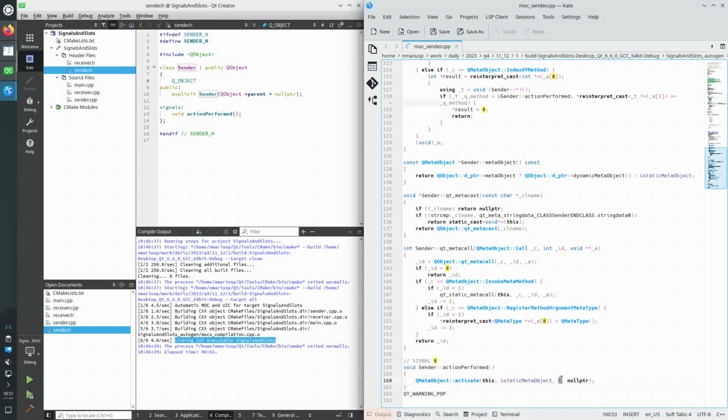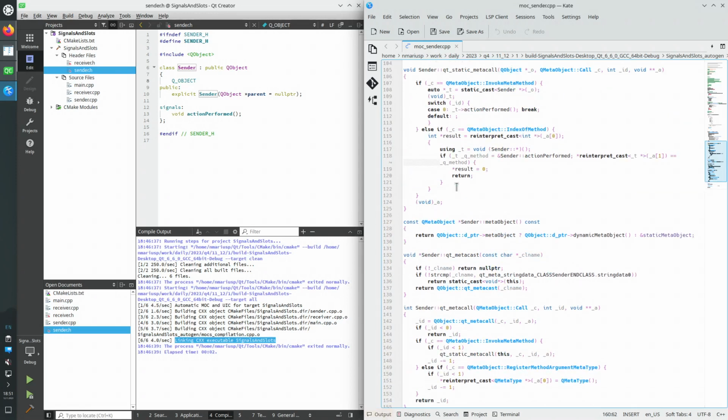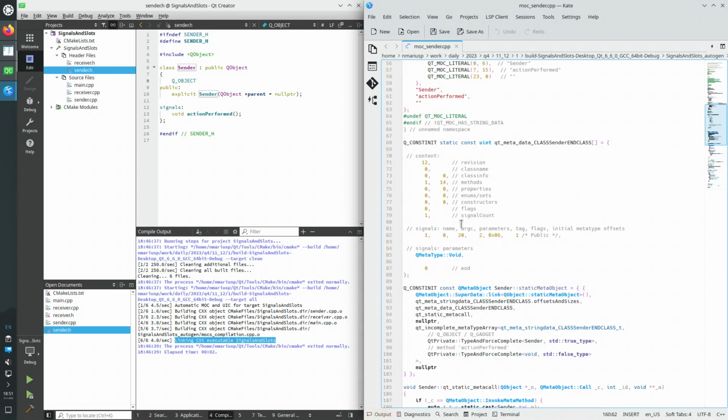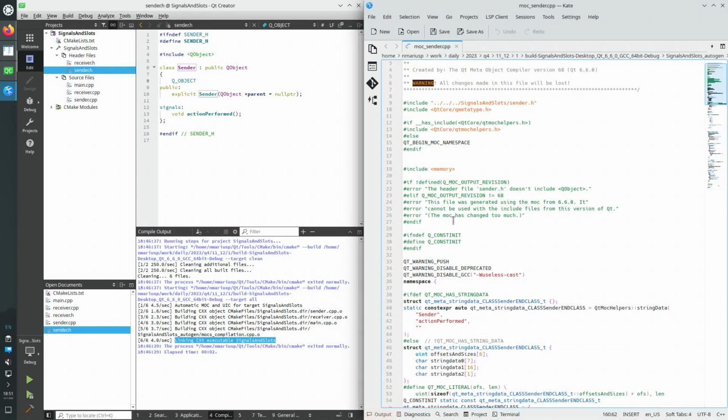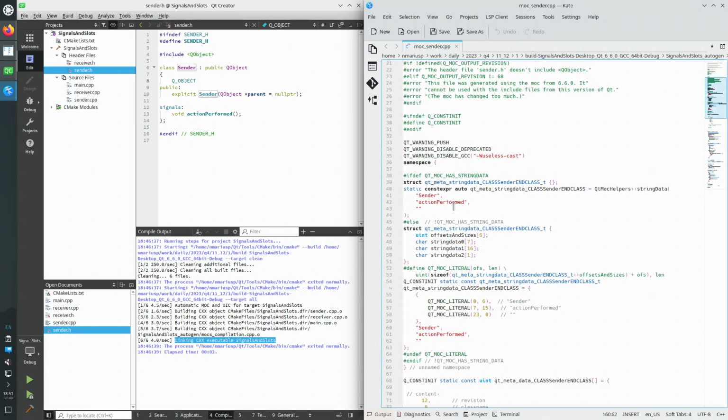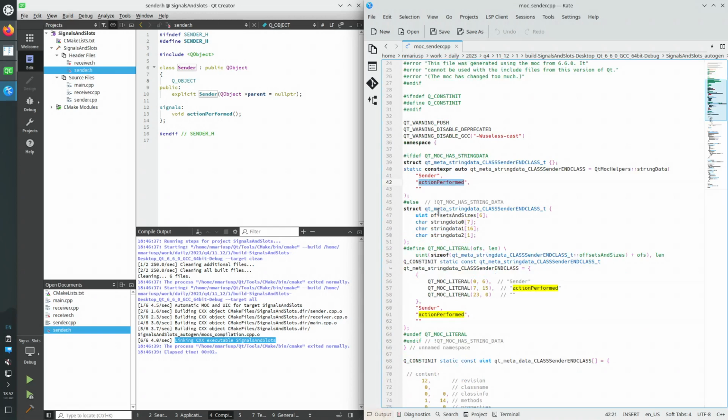So the body of the signal just calls activate with this, and without a second, so a third and fourth parameter. Okay, so this is the meta object part. There's action performed stored in a